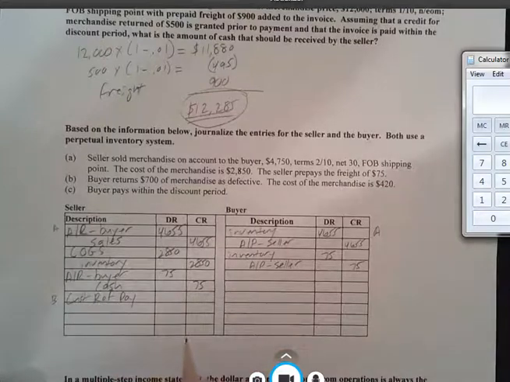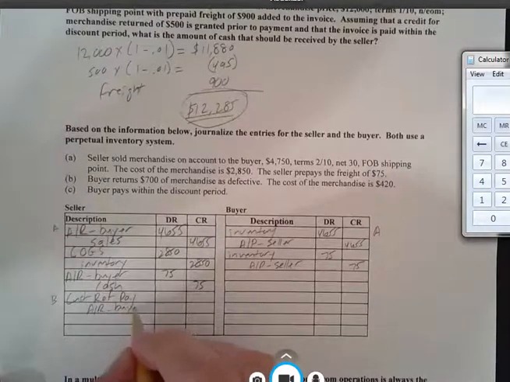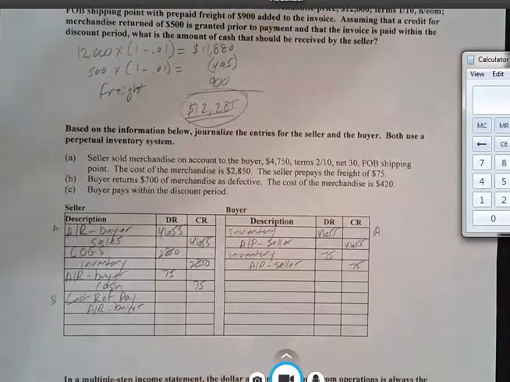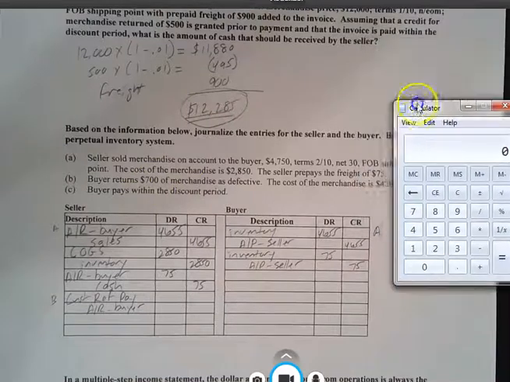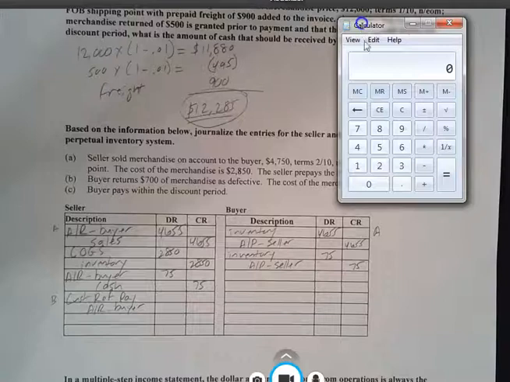Customer refunds payable. And then we're also going to reduce the account receivable that we have with the buyer. But we're not going to do it for the $700 here